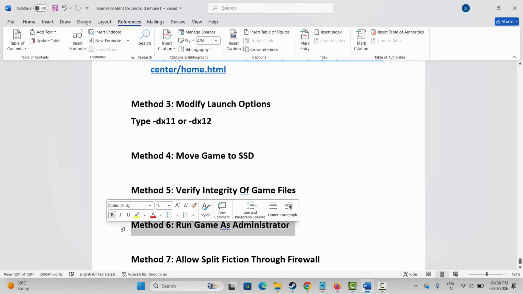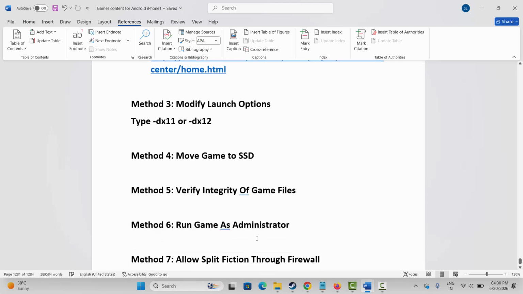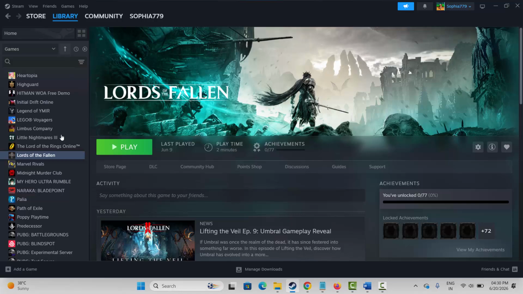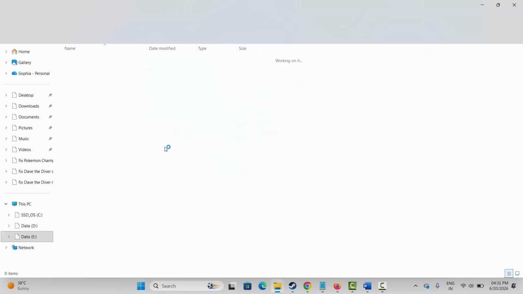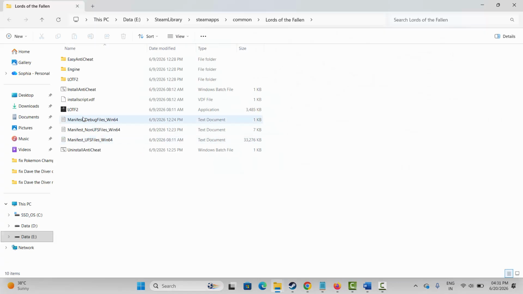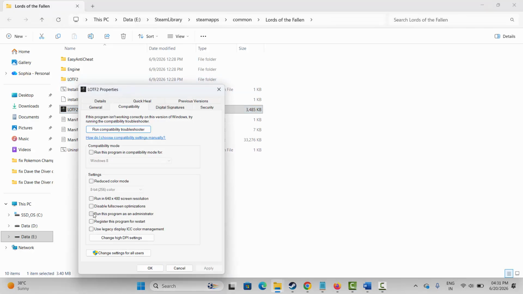Run the game as administrator is the next solution. For that, go to Steam, under library section, select your game, right click on it, click on manage and click on browse local files. This will take you to the game folder where your game has been installed. From here you have to select the game application, right click on it, click on properties, click on compatibility and here select run this program as an administrator, click on apply and OK, and after that launch the game and